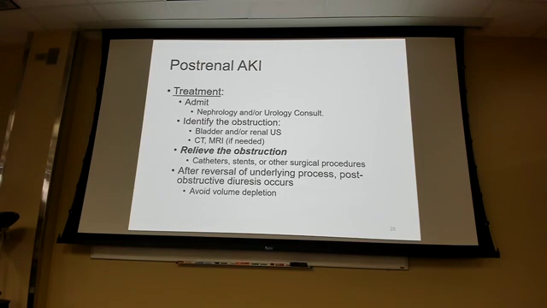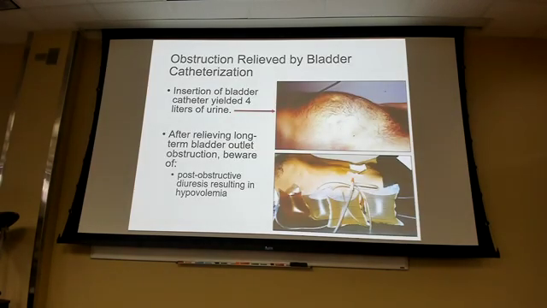And then a couple of high-yield things and we'll take a break. If there's an obstruction, get rid of it. This is more of a surgical problem typically. This is getting the stone out. This is reducing the size of the prostate. This is removing the neoplasm or what have you. Okay? And then this is just a high-yield point. After you have somebody who has a long-term urinary obstruction, they're going to have a post-obstructive diuresis because the renal tubules basically aren't reabsorbing water appropriately, so this